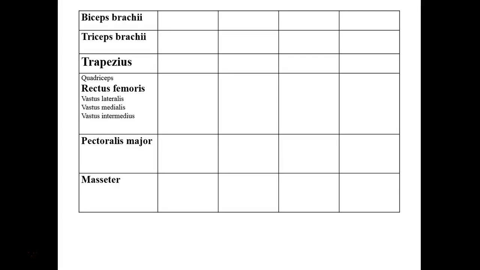thigh. Just like I want you to know the hamstrings, I want you to know the 4 muscles that make up the quadriceps as well. We're going to focus with our location, origin, insertion, and action on the rectus femoris, but I want you to know that the vastus lateralis, the vastus medialis, and the vastus intermedius are all together known as the quadriceps, those muscles that are found on the front of the thigh. So you fill out this chart, and you learn to identify muscles if you're given the action or the insertion